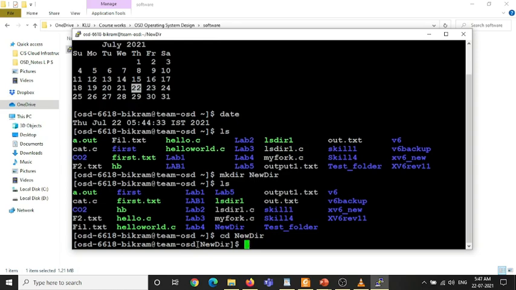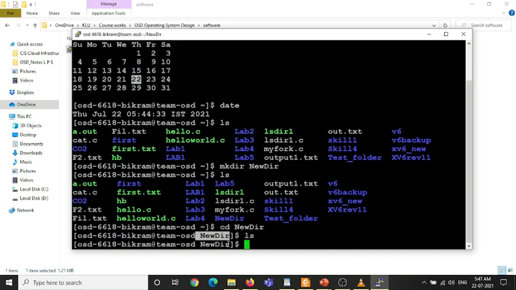Here you can see the new directory has been added after this number. Before, it was a tilde symbol, and now you are in the new directory. So there you can assure that I am in the new directory. Okay, in the new directory, if I hit the ls command, it is not showing anything because the directory is empty.